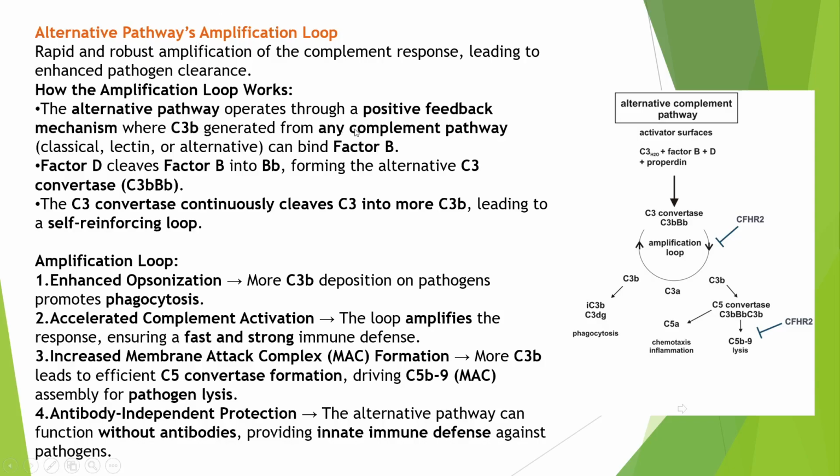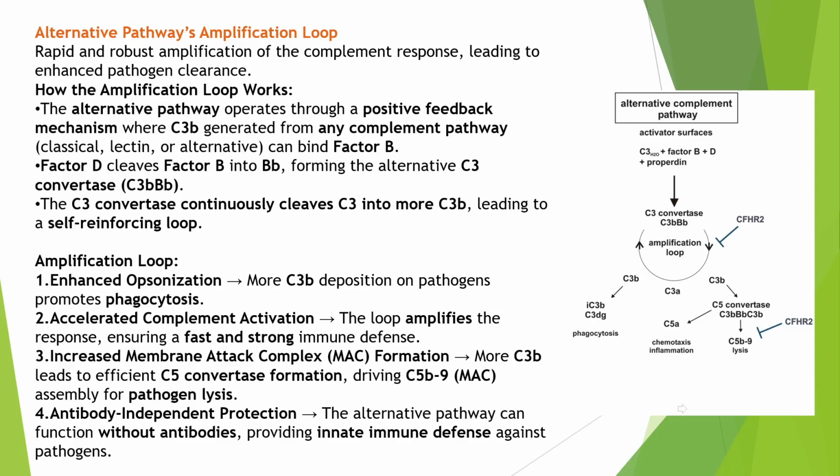So C3b generated from any complement pathway, classical, lectin or alternative, can bind to factor B. They are all the same C3. So factor D then cleaves factor B into Ba and Bb. This is your alternative pathway. Then C3 convertase continuously cleaves C3 into more C3b. So your spontaneous C3b takeover occurs, leading to a self-reinforcing loop, because C3 is the common point in all the three pathways. This amplification loop helps in reinforcing the